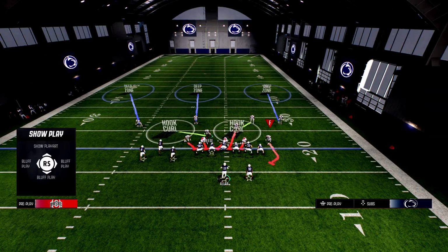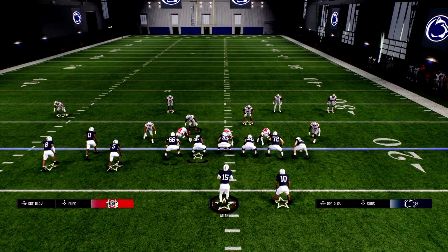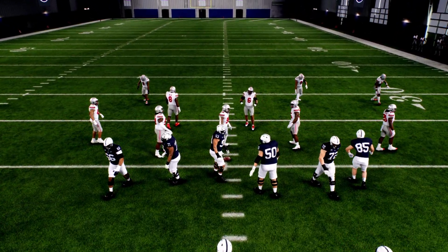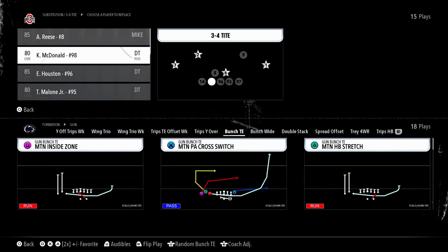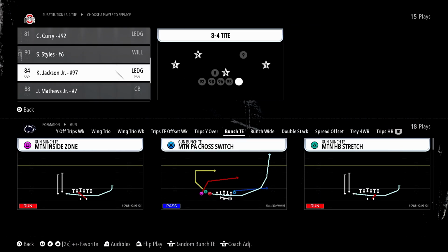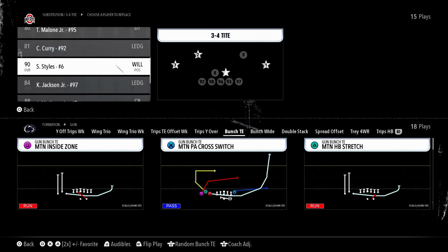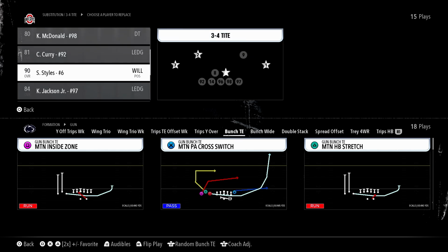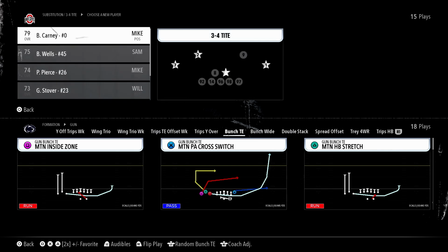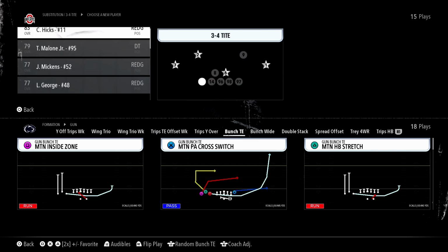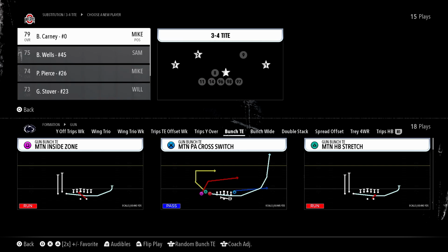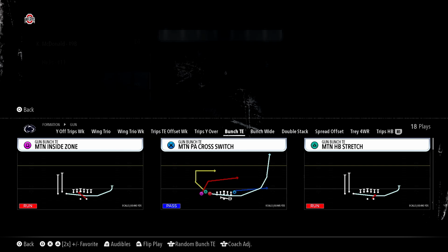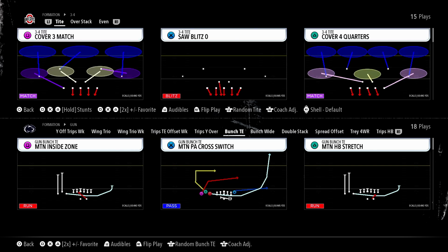If you add quick jumps on the outside, it makes it a little bit better, which actually, with Ohio State, I think we do have a couple of quick jumps. We'll put them out here. We have this guy, Curry, and I think this guy, Jackson. We'll put Atkinson over here. And we could even put a quick jump here, I think. I actually need to put this guy, where's he at? I don't know why I can't find him. Whatever. But anyway,